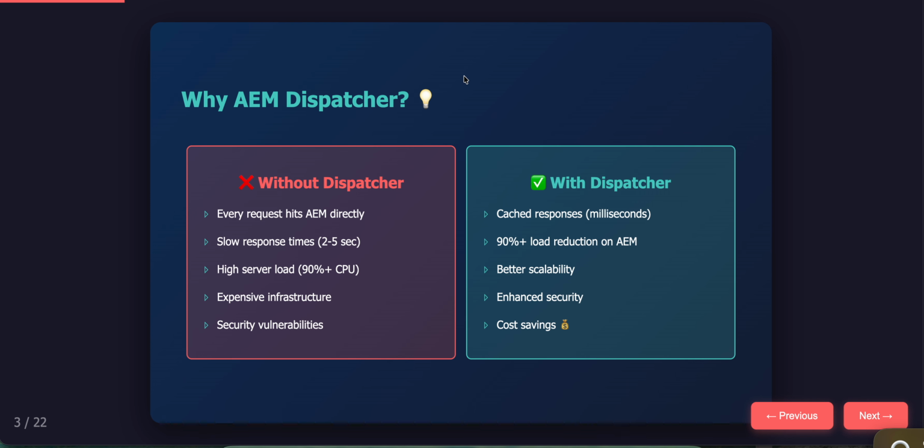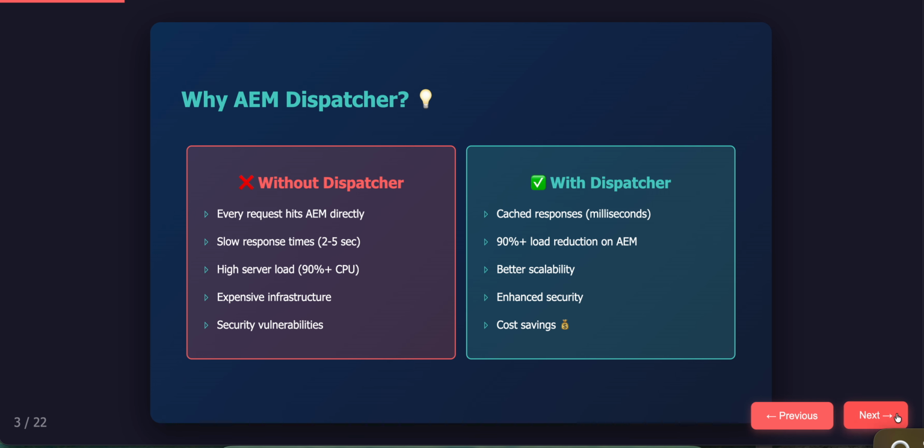And then you can also improve the scalability, you can improve the security, and it also enhances the costing. I mean, not exactly saving dollars, it is not really related to costing. You can think of it like a better user experience. All right,